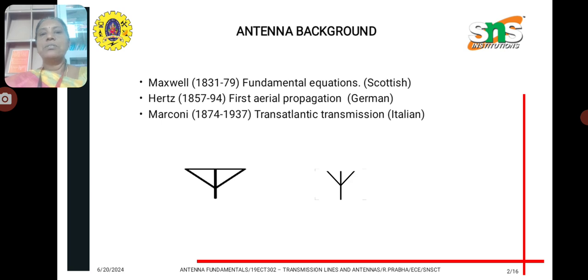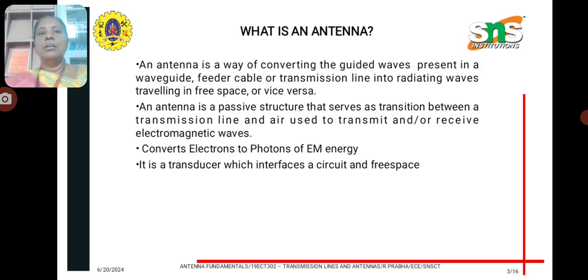After Maxwell, Hertz introduced the first aerial propagation, and in order to honor his name, the antenna is called the Hertz antenna. After that, Marconi developed transatlantic transmission, and we can define an antenna as